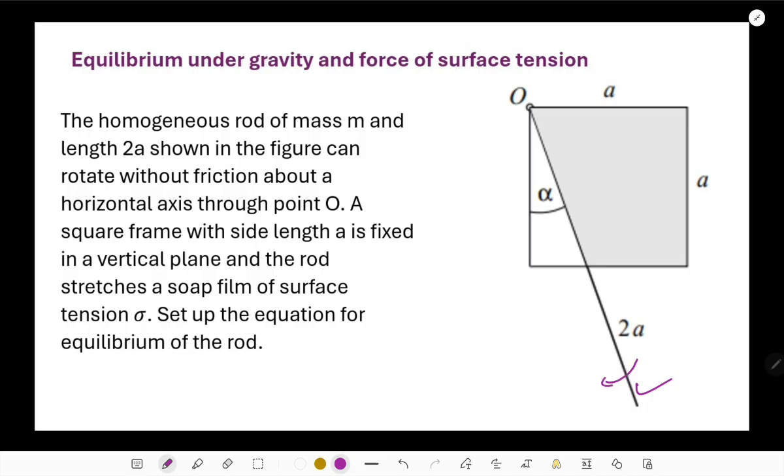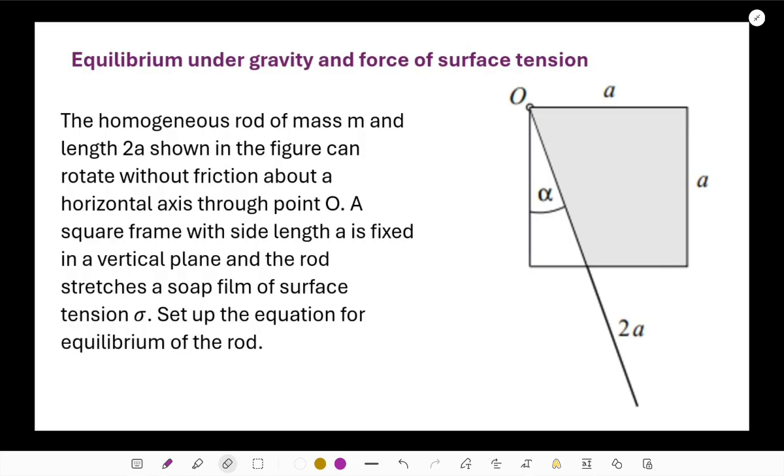The rod is rotating like this because it's stretching the soap film, and the film is this. Set up the equation for equilibrium of the rod. Well, it's rotation about a fixed axis. So if I can think of the equilibrium of the rod,